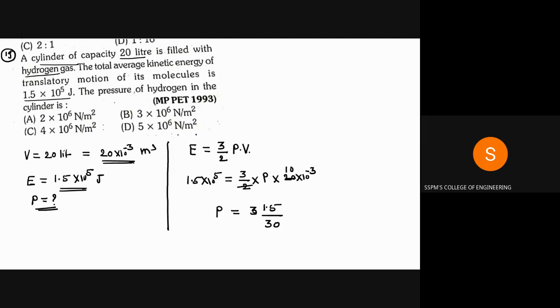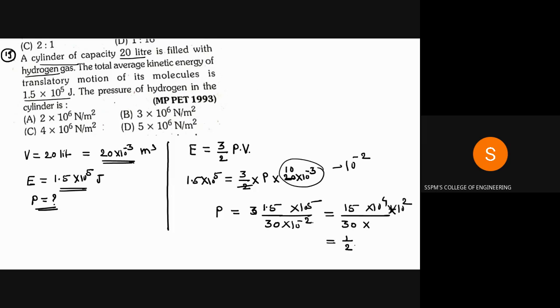This 10 to the power minus 3 into 10, so this will be 10 to the power minus 2. Okay. So you can write this 15 as 1.5, 10 to the power minus 1. So this is 10 to the power 4 divided by 30 and 10 to the power minus 2. So this is 10 to the power 2. So this is 1 by 2, 10 raised to 6. So this is 0.5, 10 raised to 6, which is equal to